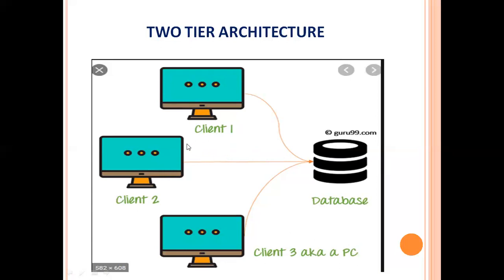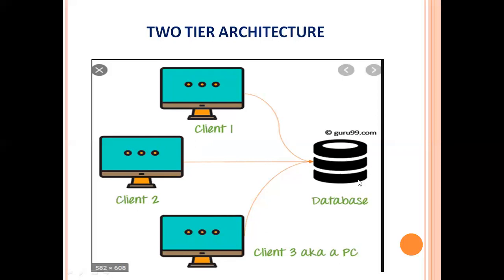Now, this is called two-tier architecture, and there are some limitations. That is, there are a small number of clients. Since they are authorized ones, more clients are not permitted. Only a few clients are present, and these clients communicate directly with the database server, isn't it? When clients communicate directly with the database server, it is a security issue.